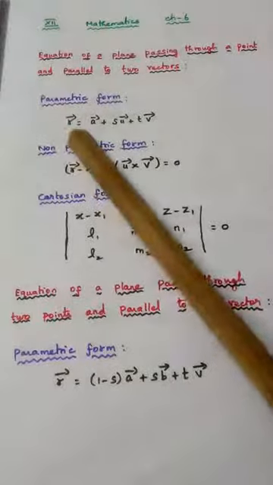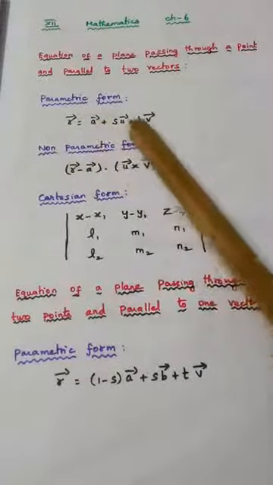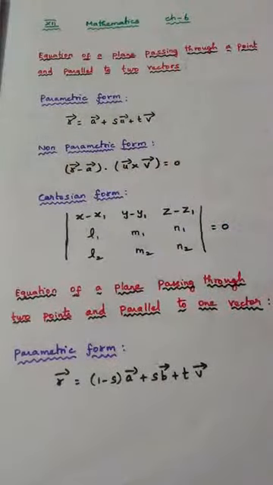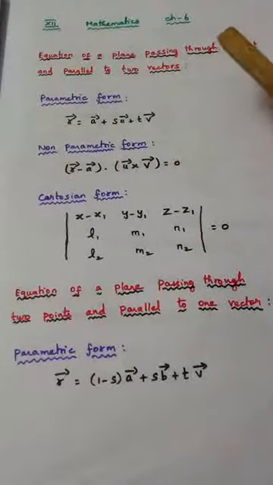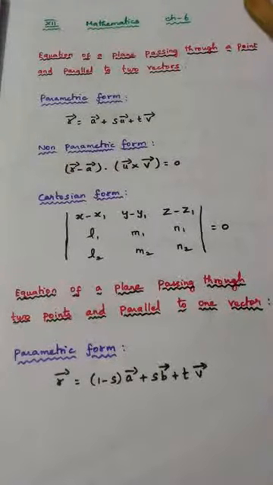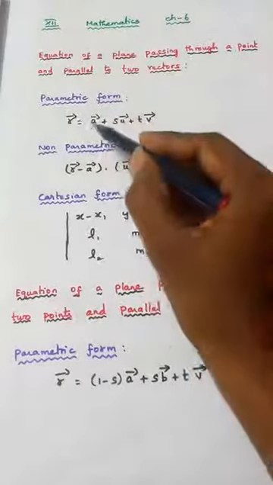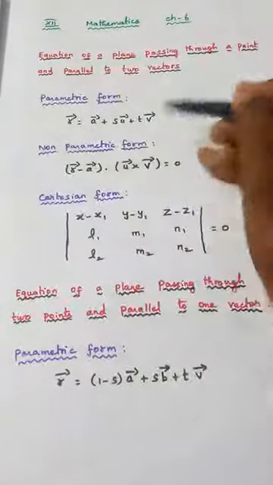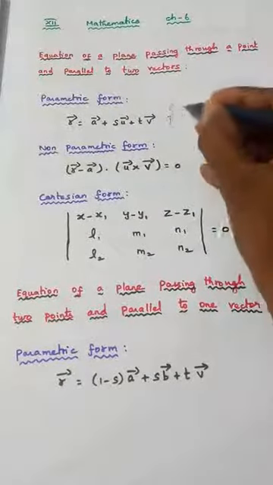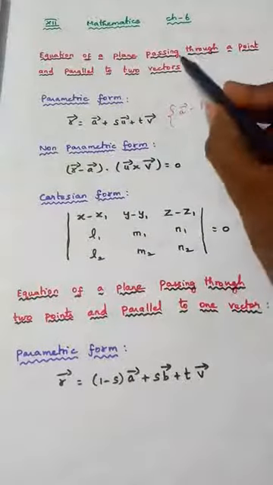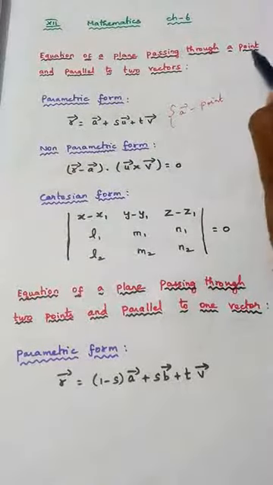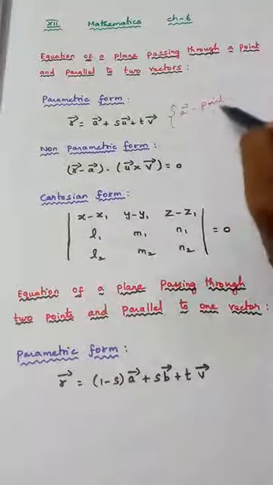Parametric form: r vector is equal to a vector plus s u vector plus t v vector. So these are all formulas. First you should concentrate on this. First memorize this. Spend time here. That is what I am insisting. Now since this is a formula, you should know what the a vector means. I'll write in the bracket, a vector represents a point. The heading itself says the plane passes through a point, one point. That point is represented as a vector.